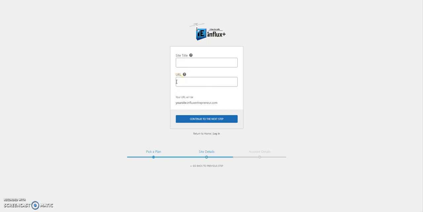But do not enter influxentrepreneur.com, because when you click this button, that will be auto-generated after your site title name here. So, and then you're good to go. You will get an email to the email you enter as a confirmation, and then you're good to go.